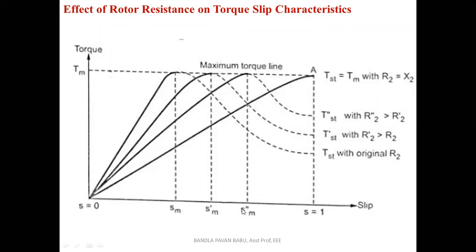So like this, we can keep on adding the resistance, and we can achieve the maximum torque if any mechanical loads are added. Suppose we are adding the mechanical loads and it leads to a decrease in the speed of the motor, so what happens? The motor tries to reach the maximum torque. For that case, either we can increase the supply voltage, the square of the supply voltage.